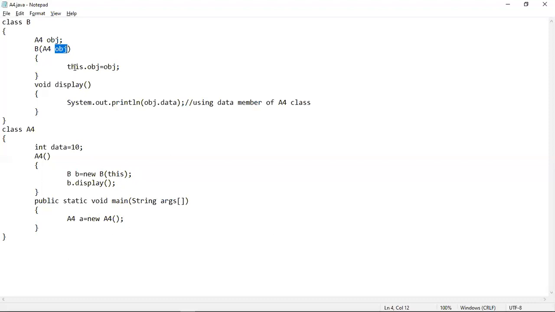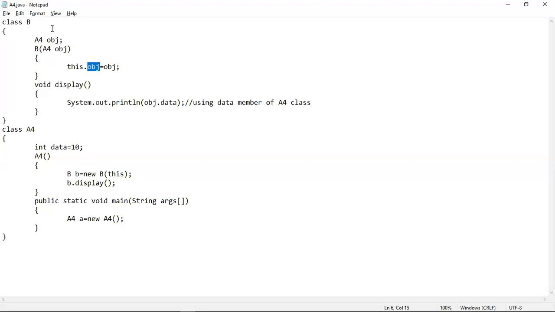Now what we are doing, this dot obj equal to obj. Basically we are dealing with this small a reference variable. This right hand side part obj means this small a, and this left hand side part obj actually means the small a also. And here we have used this keyword because it is also obj and it is also obj, because the instance variable and the local variable names are the same. That's why we are using this keyword here to resolve the namespace collision in order to prevent instance variable hiding.